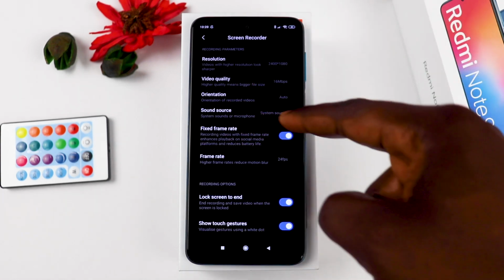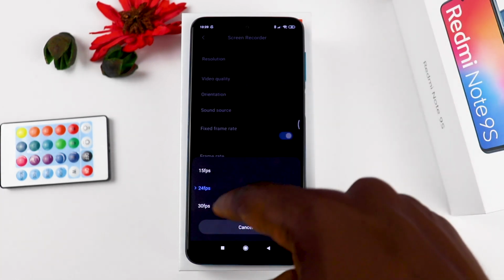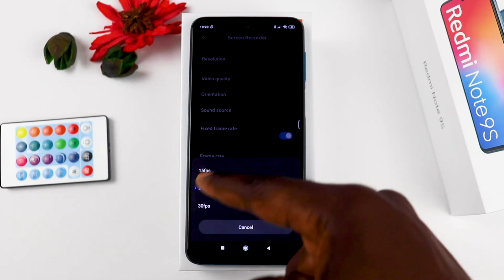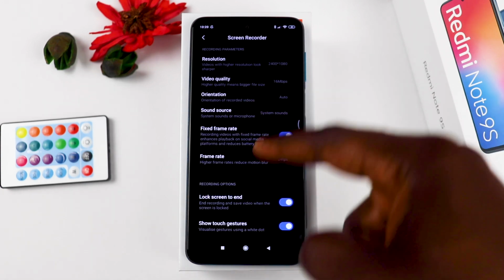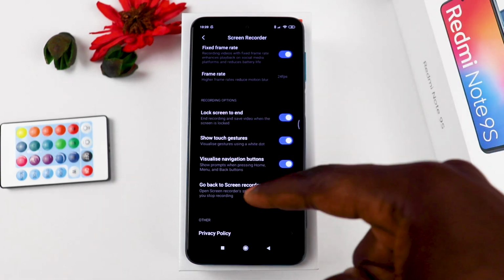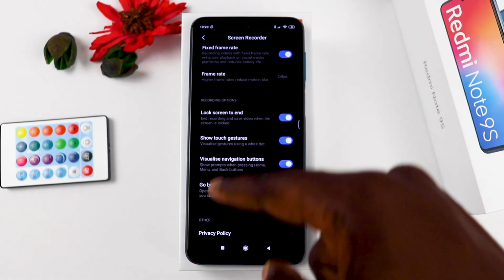You can also choose if you want a fixed frame rate, and you can choose the frame rate at which you want the video to come out. So you have 24 frames per second and 30 frames per second. All this can help you out when you want to record a video, but you don't want to download a